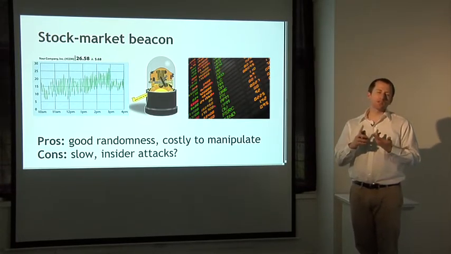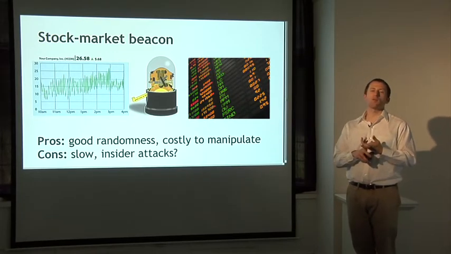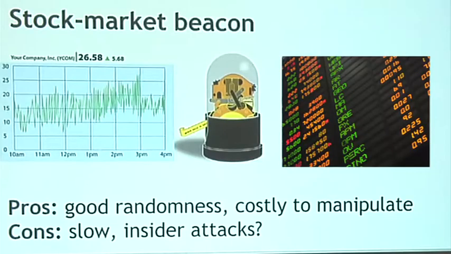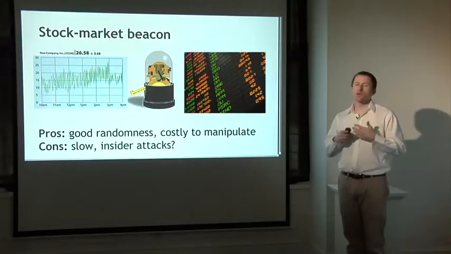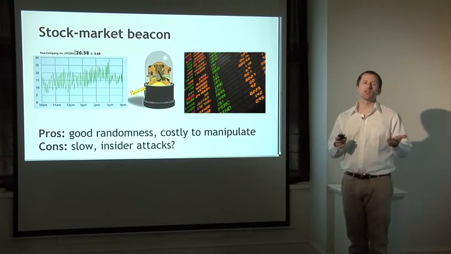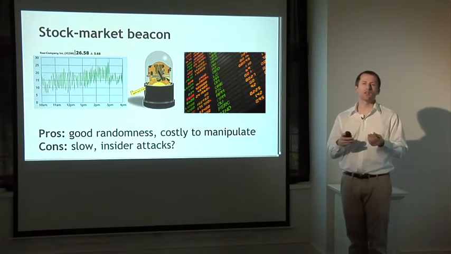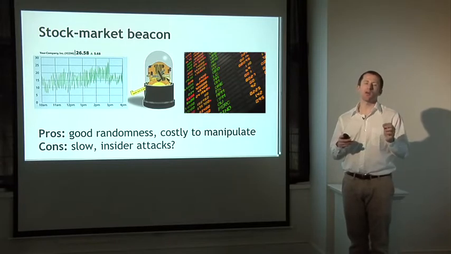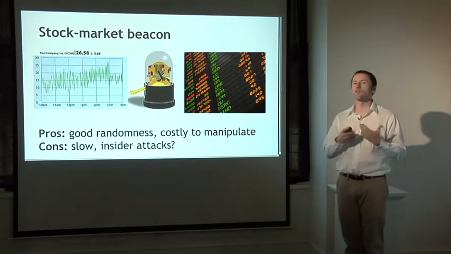But the problem, again, is that this is fairly slow, because you can probably only read it once a day if you're reading one company's stock price. And again, it has this problem that there's a trusted party, namely the stock exchange, who has some control over the process. So even though the party running the stock market has a fairly strong incentive to establish that it's honest and that it's acting in good faith and reporting stock prices as they actually are based on market activity, there is the risk that they might try to change the price by a penny or so if it let them rig a valuable lottery.